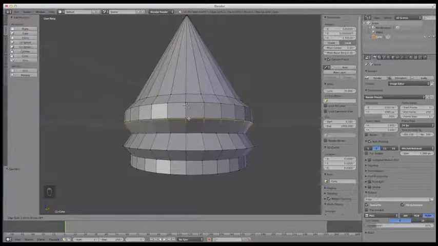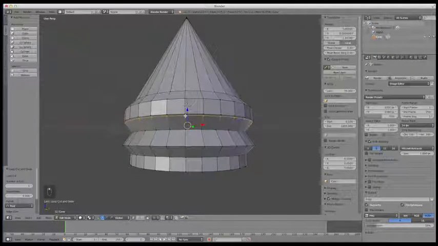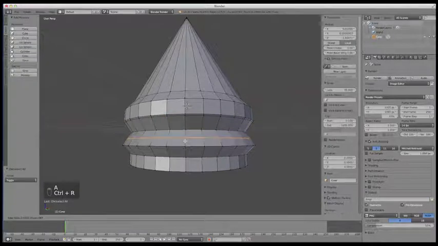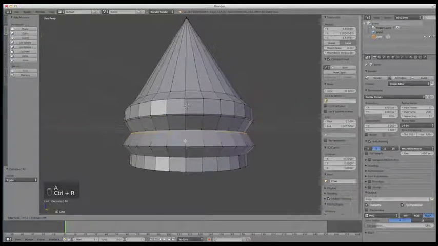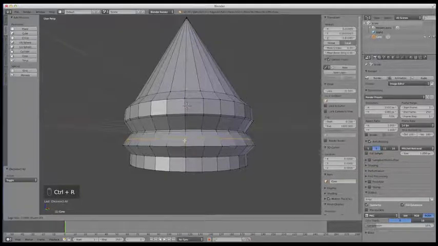Those numbers vary depending on where I put my mouse. If I type a number in like 0.8 and hit enter, it's going to put that at the specific location. Now if I want to do the same thing on this side, I can type in 0.8 and it's going to put it at exactly the same location as this one's located. So again, if you want to make things really uniform across your models, use your keyboard shortcuts, use your numbers,